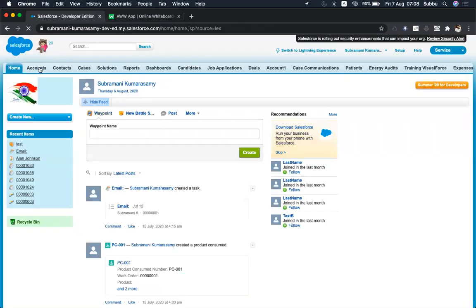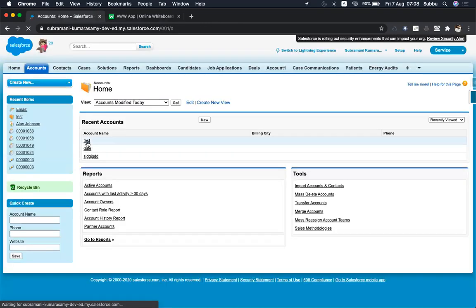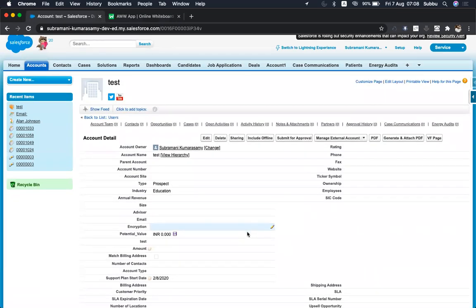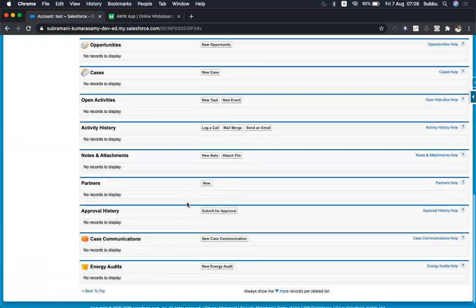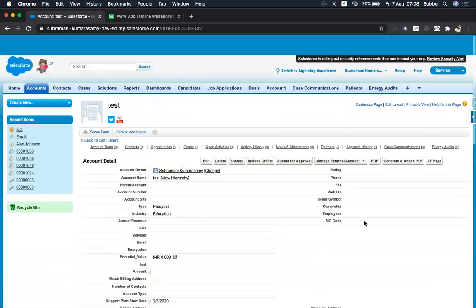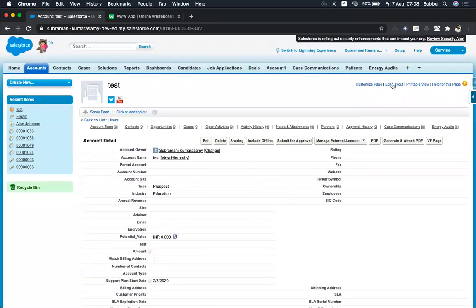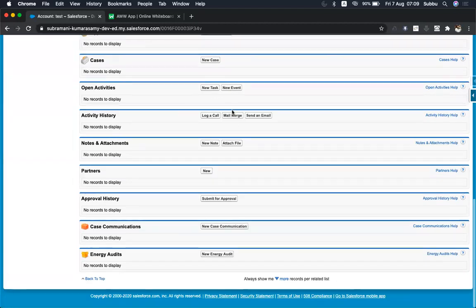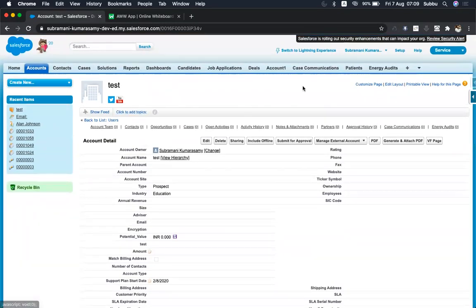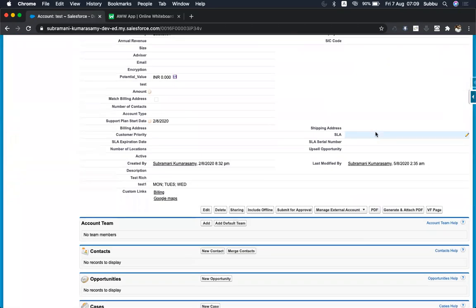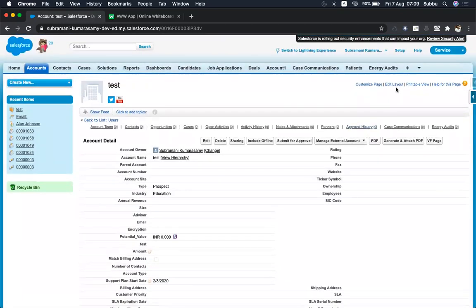Consider this is your Classic page, record page. If you open any account, see here, this is your record page. So account details you will be seeing here under the related details. So how will you edit this page? You have an option to edit the layout. You can remove a field, you can add a field, you can create sections, you can remove a related list, and you can add your related list, right? So this is like a single page. Within this single page, if you want to add anything, you will be editing the layout.